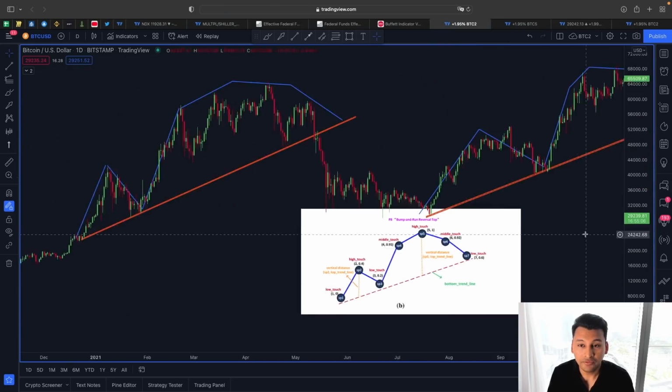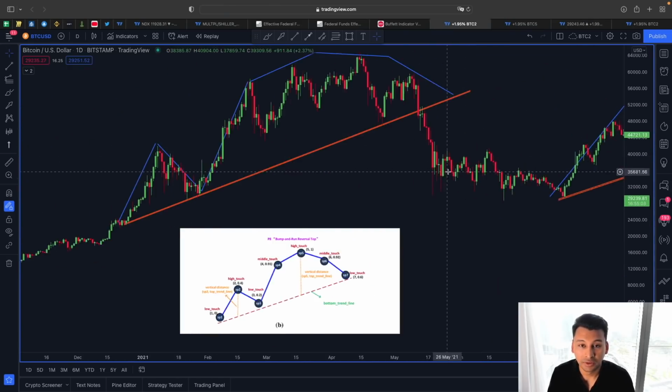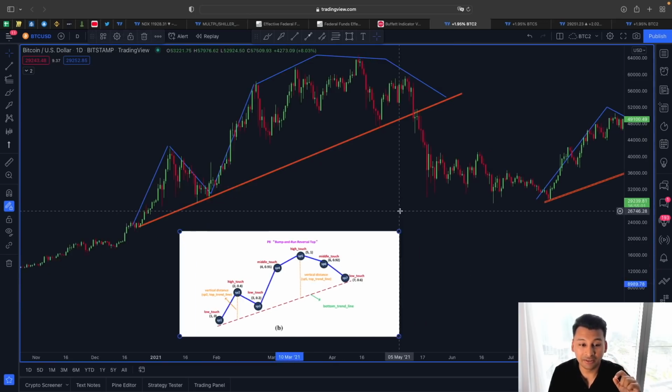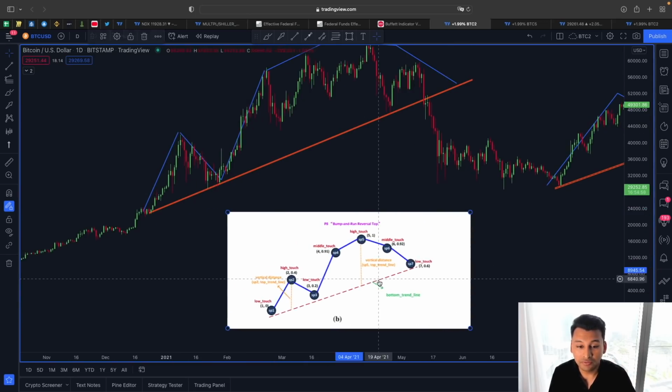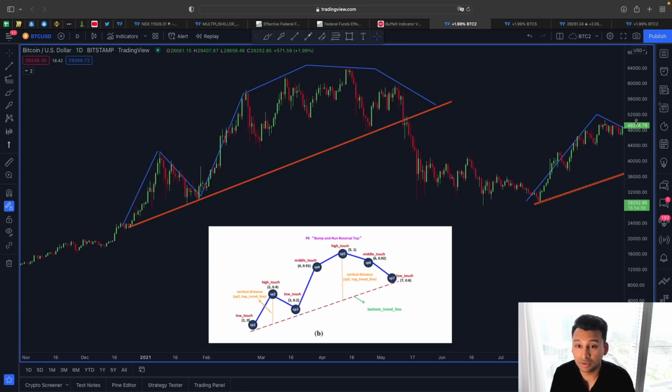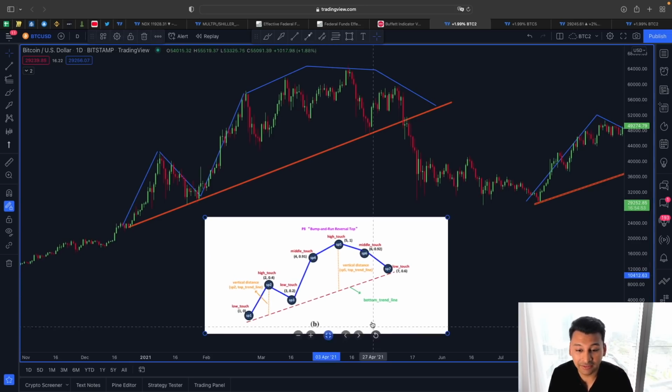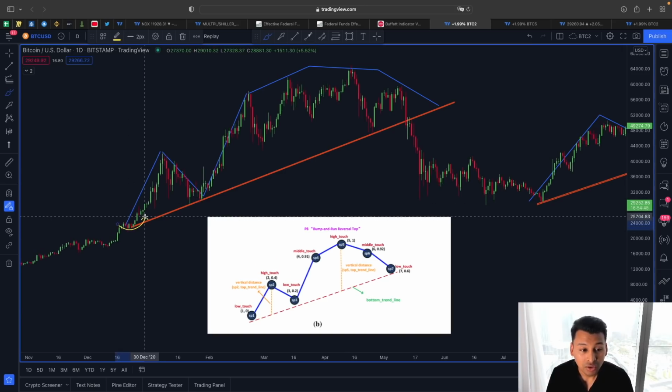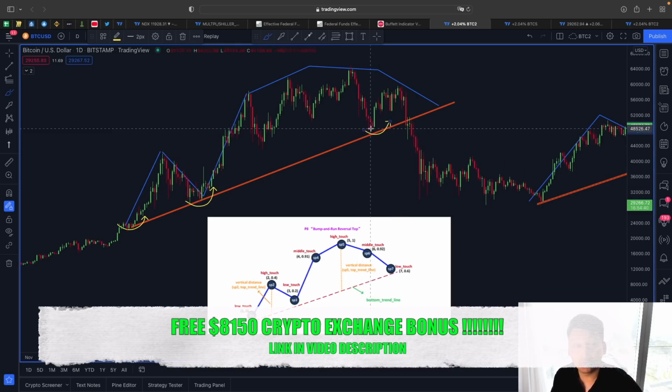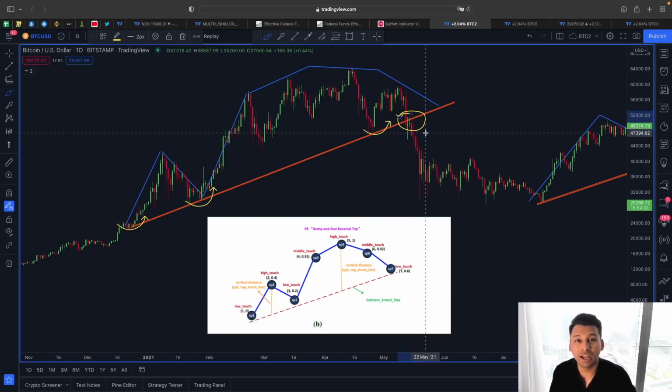So if you look at this one here first, you can see this was a very nice looking bump and run reversal top, and according to the bump and run reversal, the most important line is this bottom trend line, because whenever the price of Bitcoin showed a retracement exactly after testing this rising trend line, or the bottom trend line, we found a strong support and also a very nice relief rally. But once we failed to find support at this bottom trend line, what happened after that? We started this downward price movement.